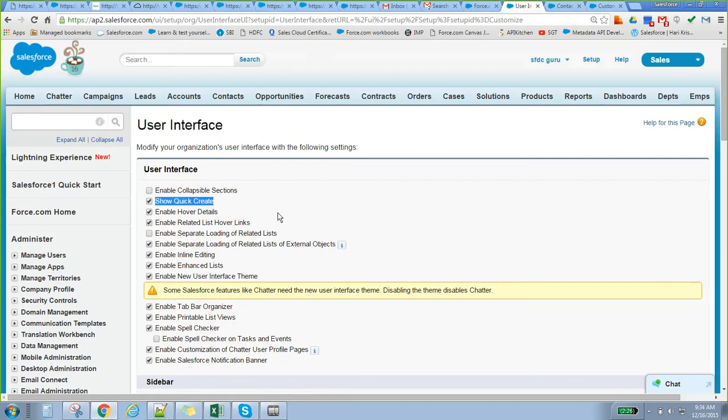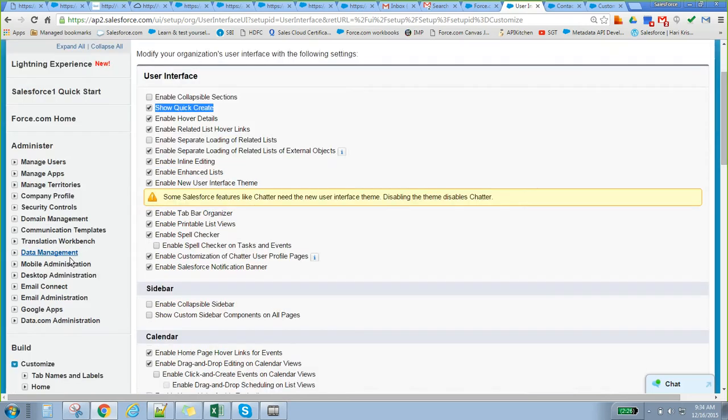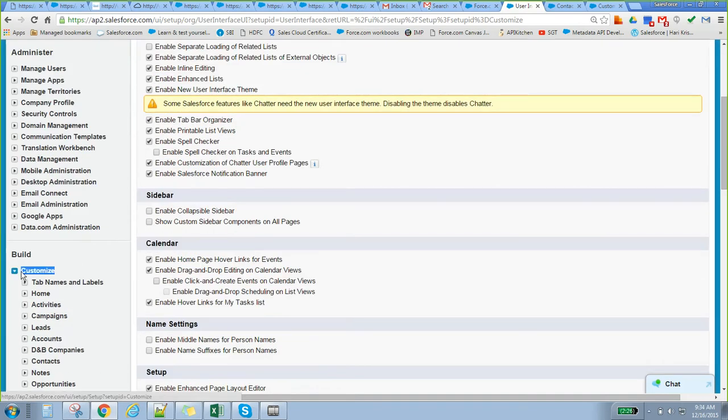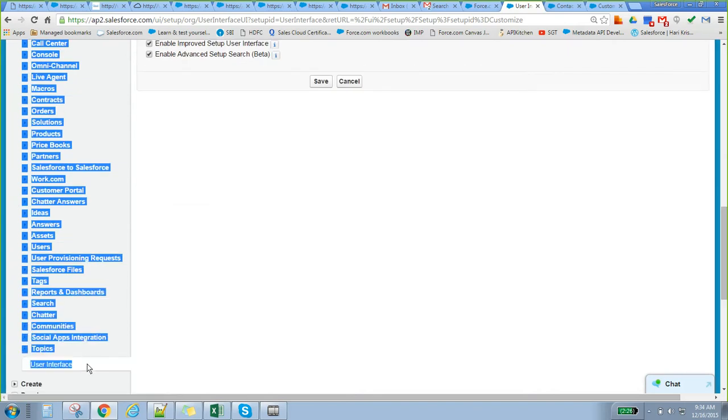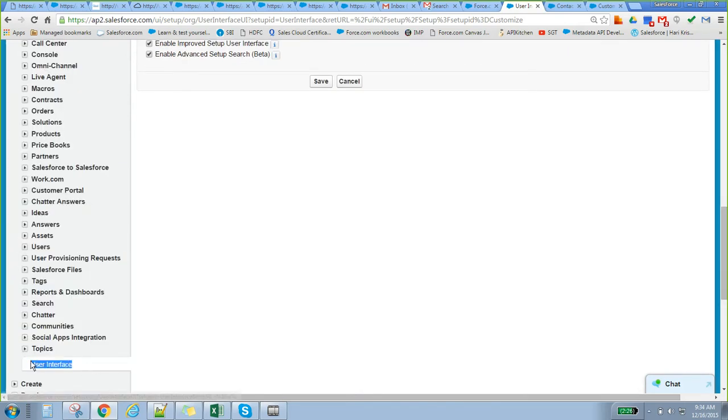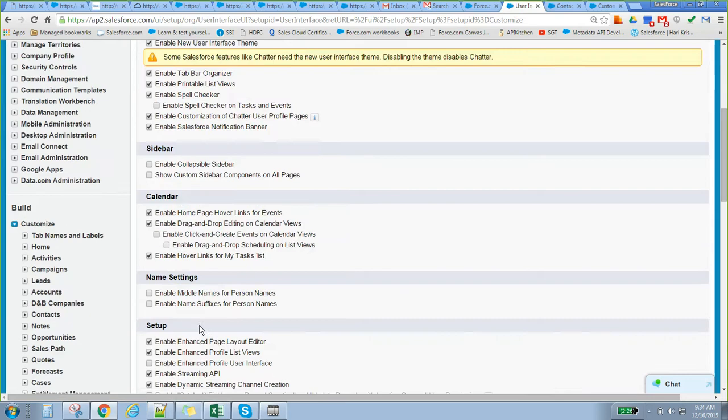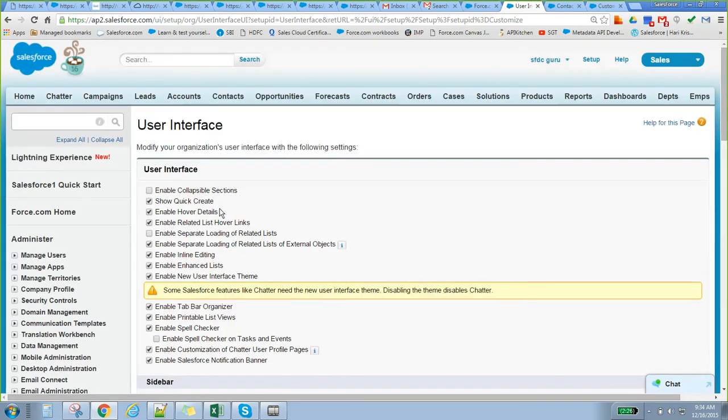It is under Customize, at the end of the Customize tree, where there is something called user interface. Clear, right? That is the second option.